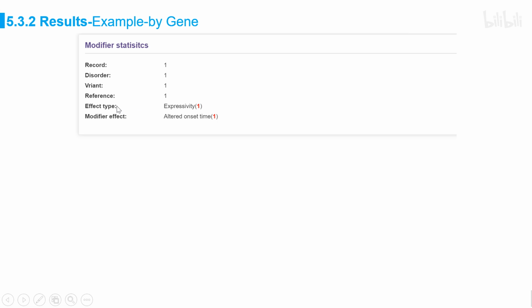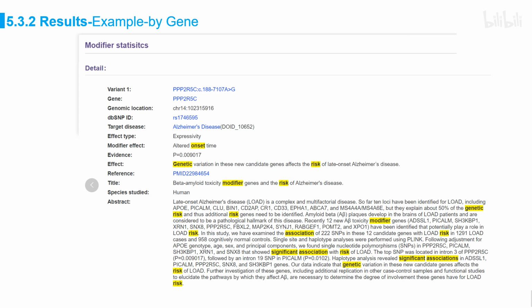What is the effect when the gene is modified? For example, the expression was extended or something else. This is very important because you want to know what the modifier can do. So you modify the genes and get the phenotype you want, or reverse it. You can also get a lot of details about the genes, the effect type, and the